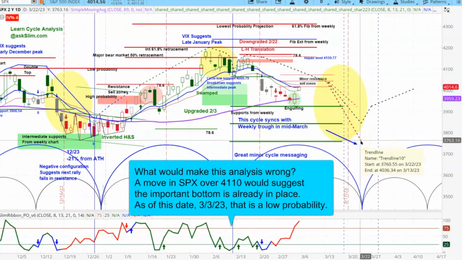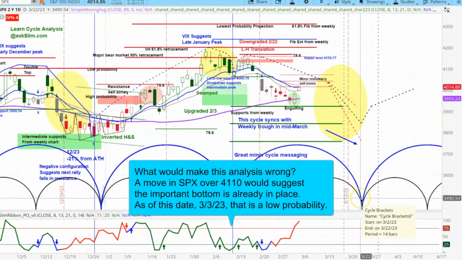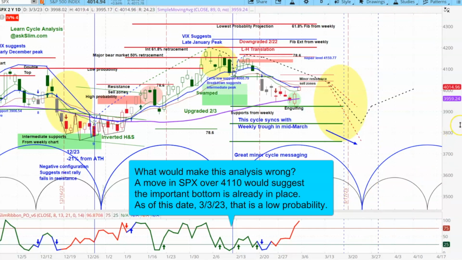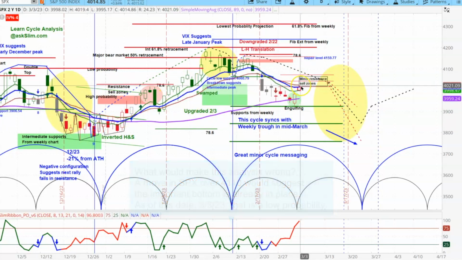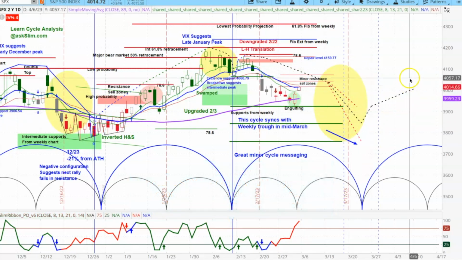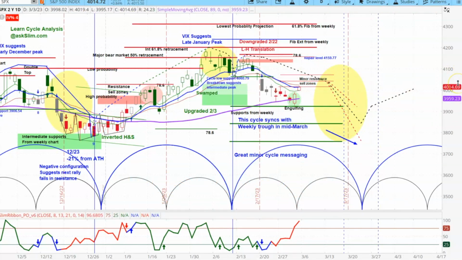We had originally talked about testing the major lows down around 3,500, but you could see we don't even have a projection in there because the time is running short on the intermediate patterns, and the likelihood of that has really been reduced. On top of that, the longer term patterns, especially the monthly, are giving indications that the bear market really ended in October. And this is a very positive overall shape that's being formed in here in the intermediate patterns.